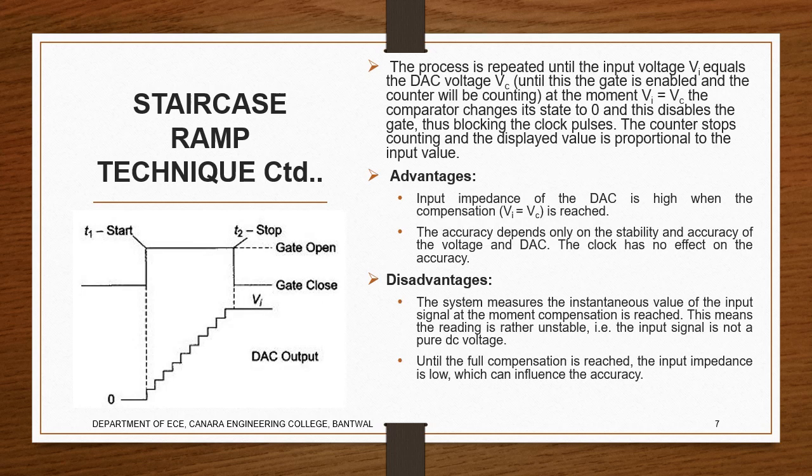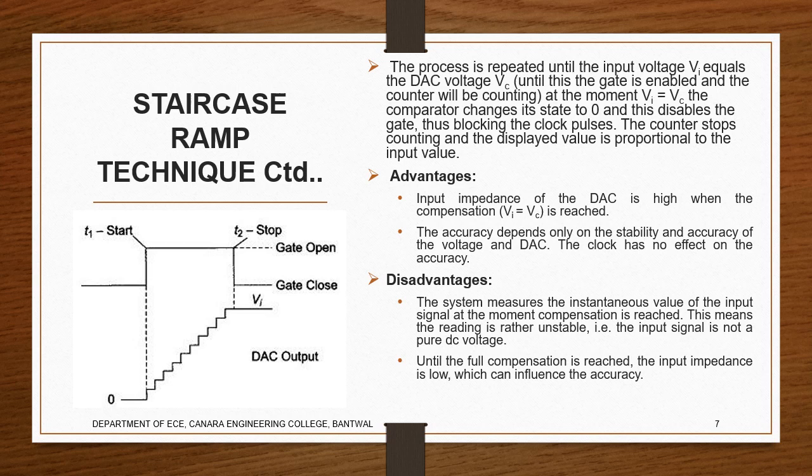So you can see here the process when it's starting from 0. This is the Vi, and here T1 is the start of the reference voltage. It rises up to a certain level, then it is constant up to T2. So what is it doing here? It increases for some amount of time to count, then again it will be constant. Again it counts, then again it is constant. So again it will start to count, and then again constant. This is carried out continuously until the Vi is compared with the Vc.